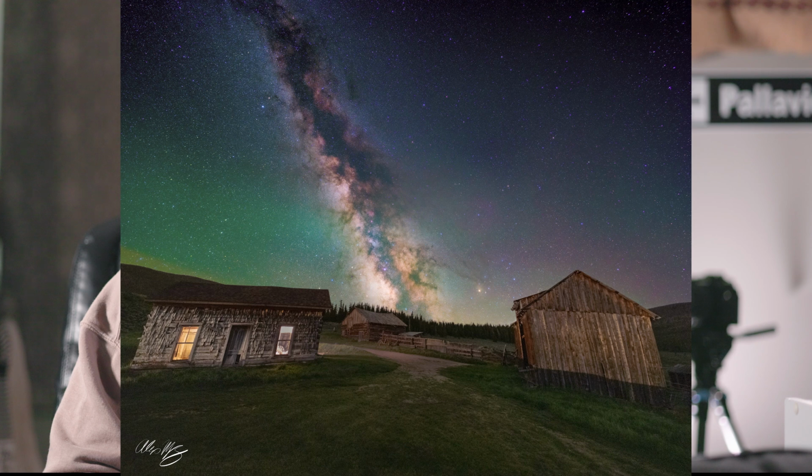Now, I couldn't help myself while I was out there. I did set up my tracker and actually track the sky over top of those cabins. And this is my very favorite result that we got from the evening. And the sky was tracked using my Move Shoot Move rotator, but again, that foreground wouldn't be possible without using